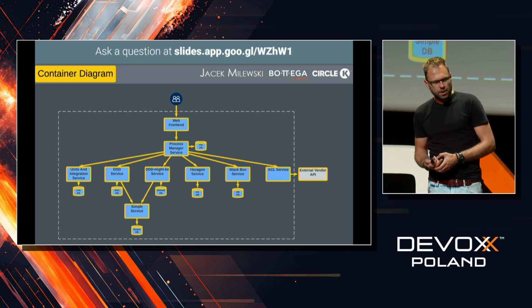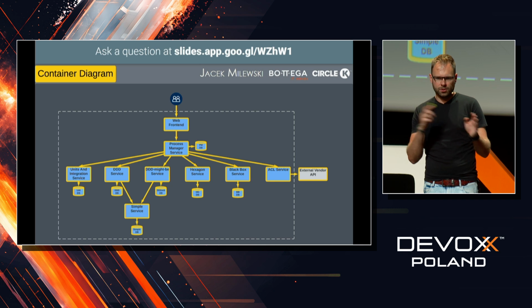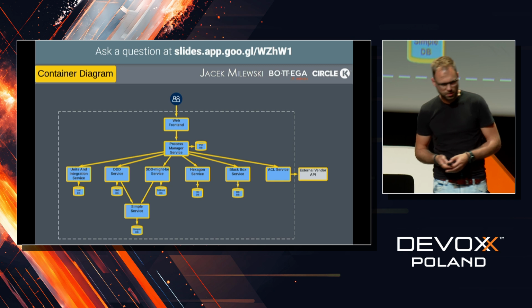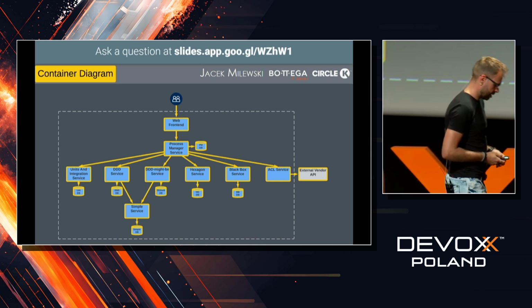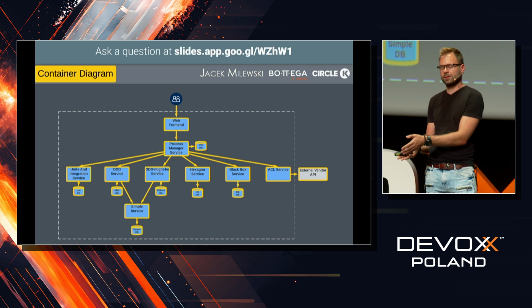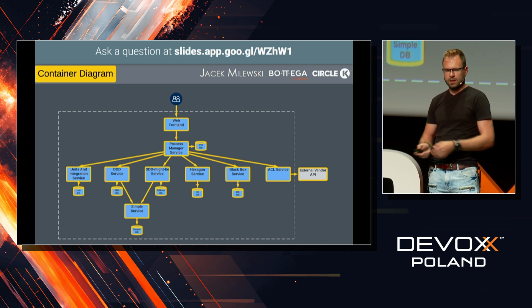Okay, so I want to test it on my local machine, and I can do it with contract testing tools like Pact or Spring Cloud Contract. I can do it on my local machine. If I can do it on my local machine, then I can surely do it on a CI, which is